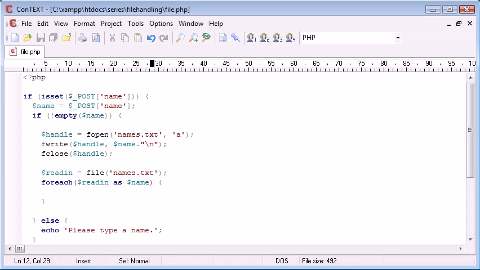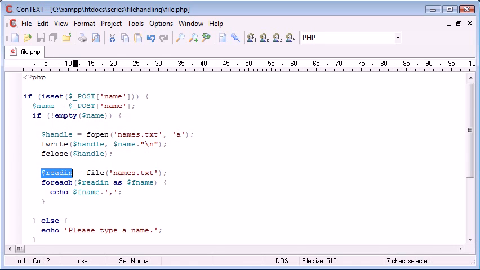Or f name we'll call it, because it's the name within the file. So now what we can do with standard notation with the for each, we can echo out this f name each time, and then what we can do is we can append a comma onto the end of it. So the process goes,